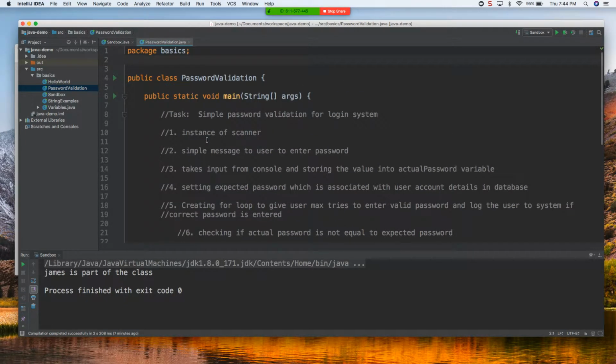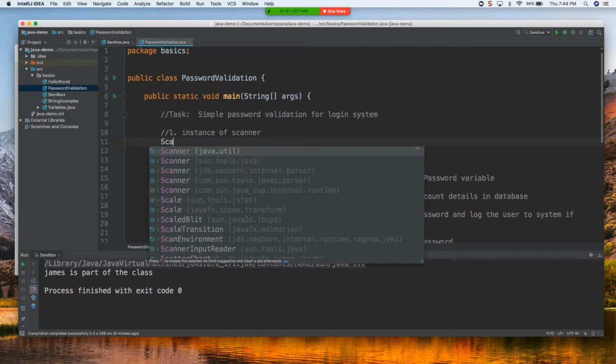So the very first thing we want to do is take the password from the scanner, right, from the console, because this is kind of our text field, and this is a good place to use a scanner to take the data from the input. So we're going to have to first create a scanner instance, right? And so let's do that. So we say scanner,